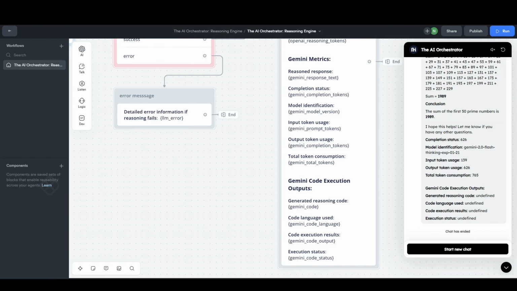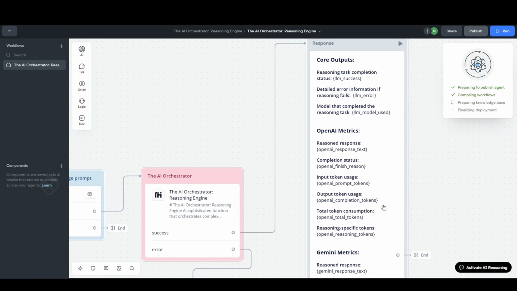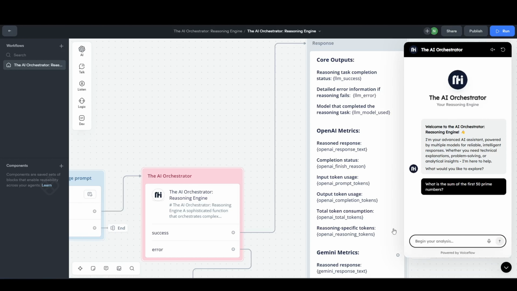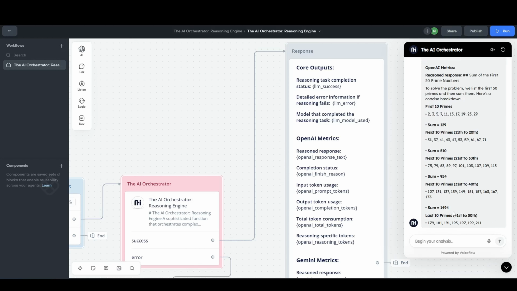The next is to try the O3 mini model. This is quite an interesting comparison, especially after the Fibonacci question. So we are using the O3 mini, and the O3 mini is on high, so we expect a bit more from it.